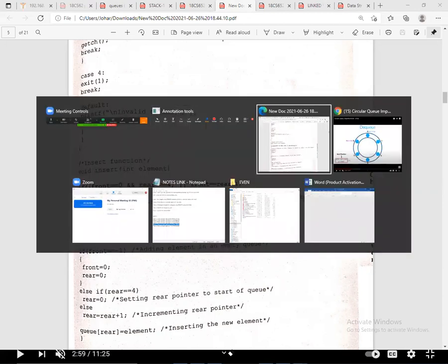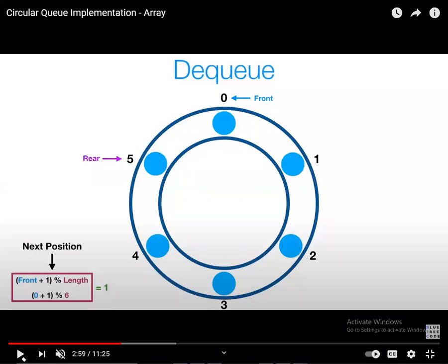The queue is full. Similarly, when front equals rear plus 1, you have the same concept. Now the queue is full.